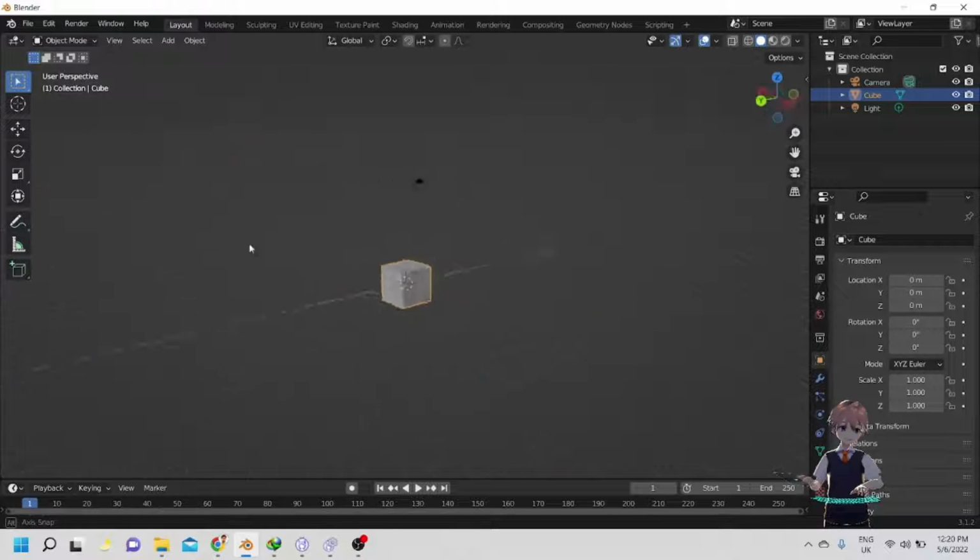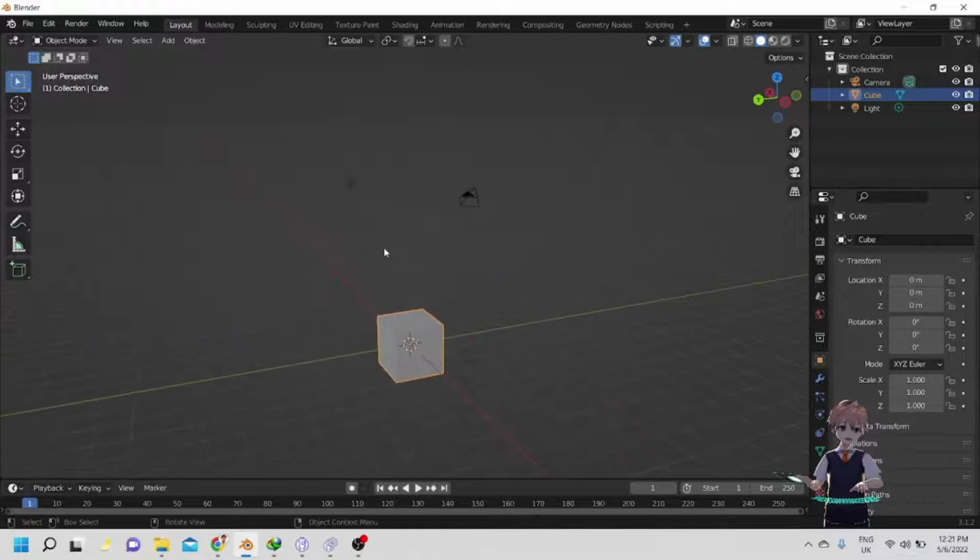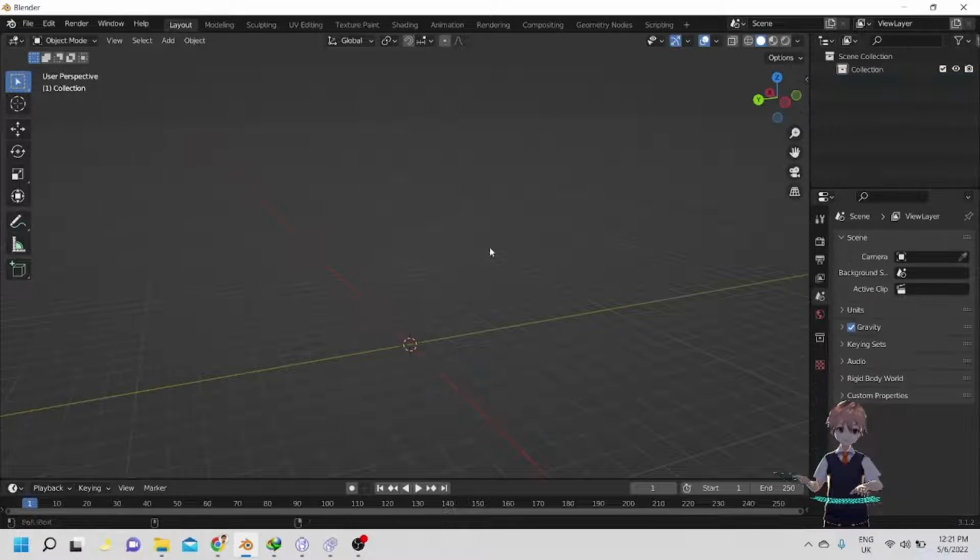Yeah, we have a new environment in which there is just a cube, camera and lighting, as before, as default. Okay, so I'm going to hit A to select all and X to delete. And one more thing which